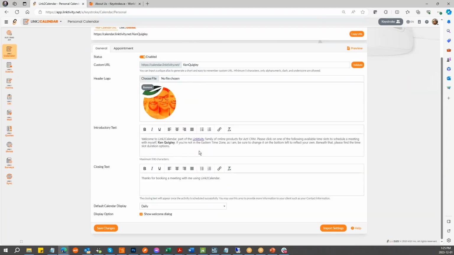Now this introductory text is especially important if you are in Europe. One of the things that ACT gave us feedback on was GDPR issues, where GDPR is less about email, more about privacy. If someone enters their contact information in this and they're not in your database, this will add them to your database. If you're subject to GDPR, you should definitely put that in, that they're being added to your database so that you're in compliance, okay? I'm not a GDPR lawyer, so make sure that if you're subject to it, that you satisfy any other conditions, but the introductory text and the closing text should give you